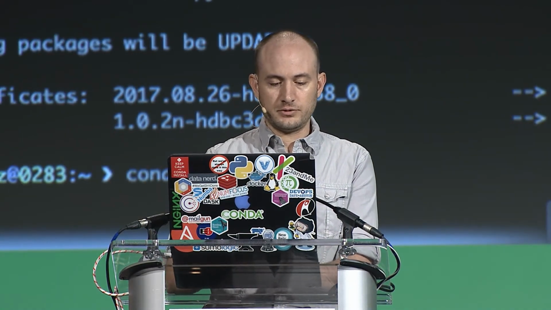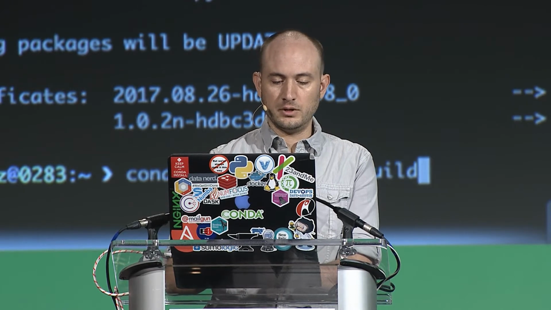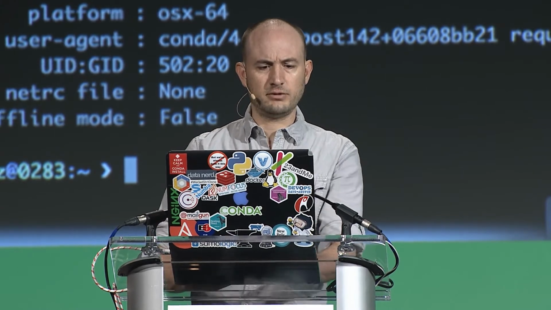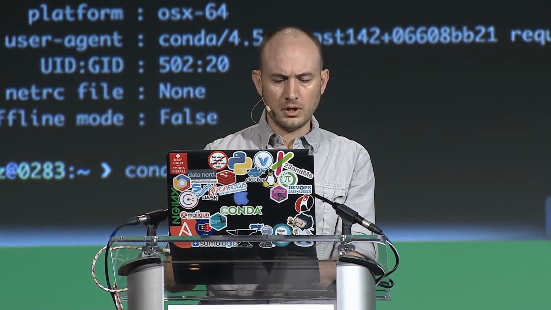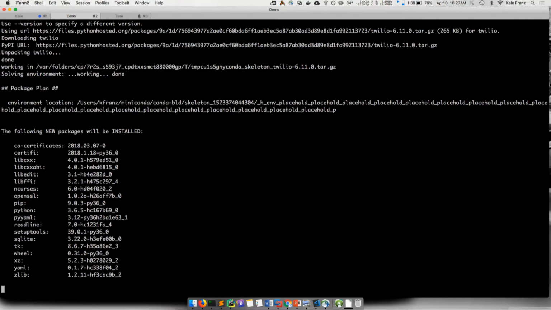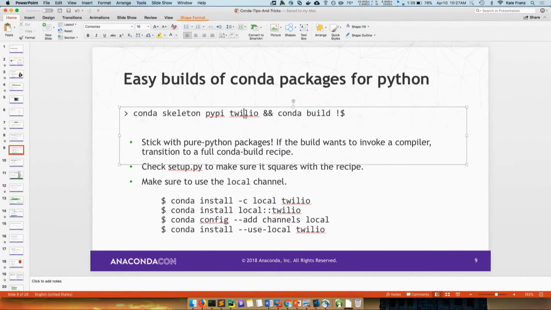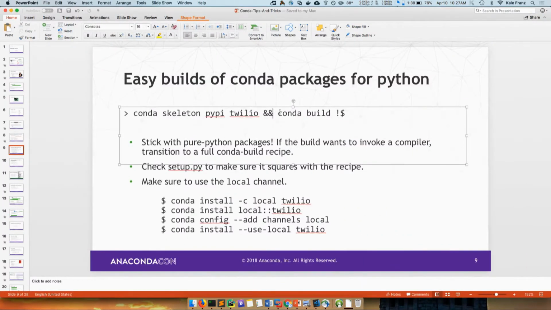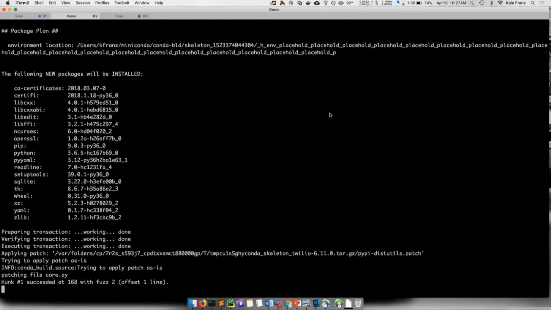But if you have something that I am going to copy, actually, I'm going to install conda build first. I wonder if I have it installed already. Oh, look, I already have it installed. All right. You need conda build for this. Conda skeleton is part of conda build. But this command, conda skeleton pypi and the package name, builds basically a templated recipe for you. And then I tacked on here a little and command that pipes that last statement into conda build. And it's going to go ahead and build my package for me.